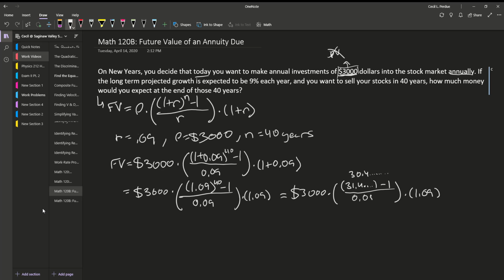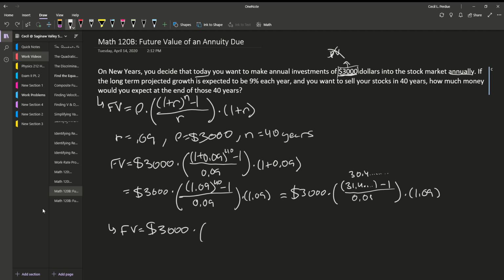It's important not to round too prematurely because that will cause a bit of inaccuracy later on in the problem if you round too early. So even though I'm only writing 30.4, keep in mind there's a bunch of digits after this, and then I'm not actually rounding those off. Once we subtract this 1 and we divide it by 0.09, then future value is going to be equal to